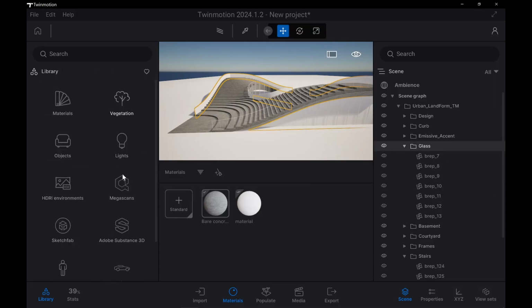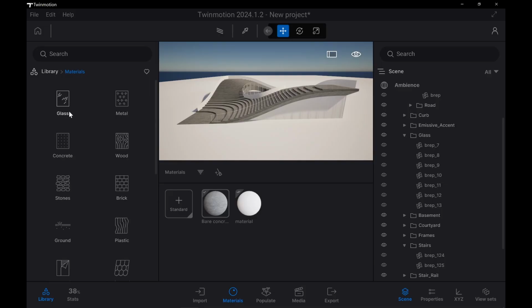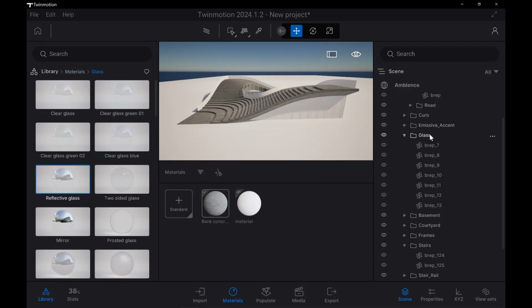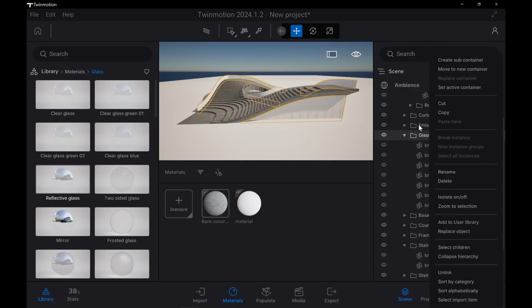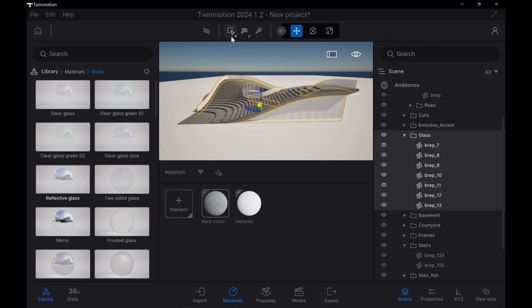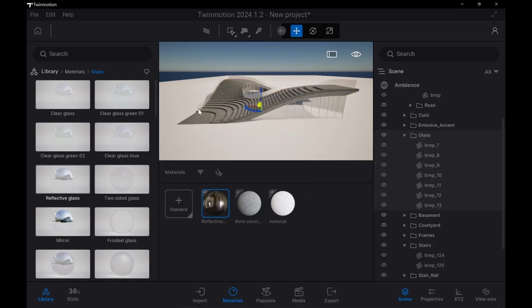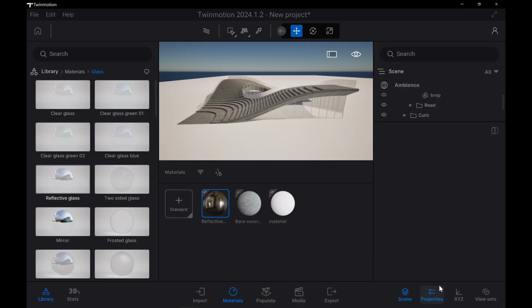So if I go back to my library and I go to glass, for example, materials, glass, and let me do reflective glass. And then let's say on my glass layers here, right, I can just go and do select children, right? And then down on here, I want to do apply to selection. I can drag my reflective glass right onto there. You see, and it does it. So now if we look at the reflective glass properties, so if I go to properties, right, and click on reflective glass,